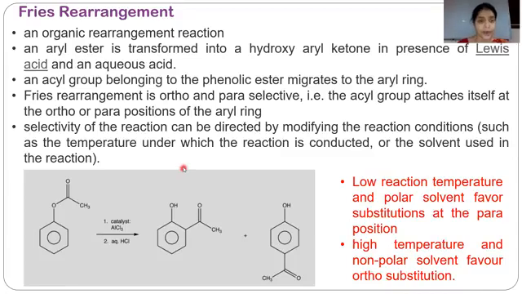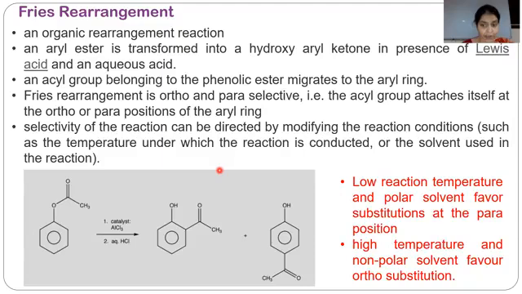The Fries rearrangement is ortho and para selective. Since the phenolic OH is ortho-para directing, the rearrangement involves the ortho or para position. The acyl group attaches itself at the ortho or para position of the ring. Selectivity of the reaction can be directed by modifying the reaction conditions. That means which product will be formed as the major product, ortho substituted or para substituted, depends on the temperature